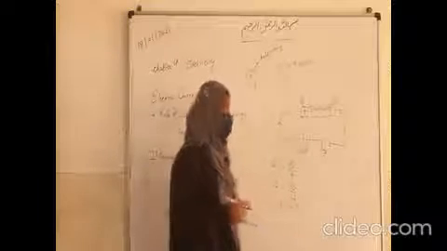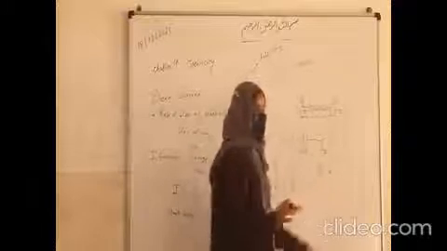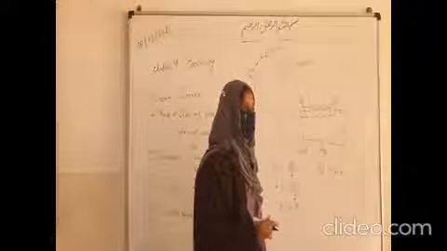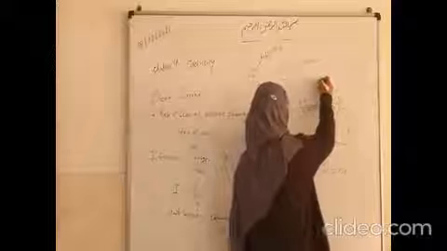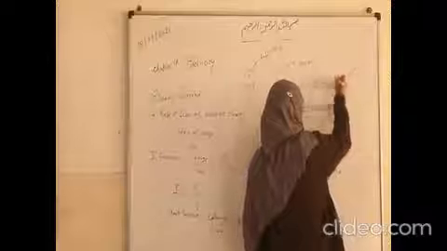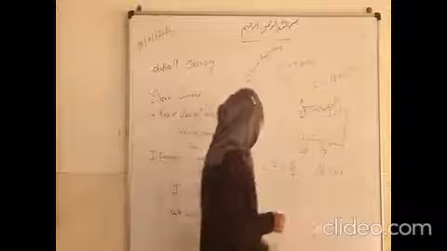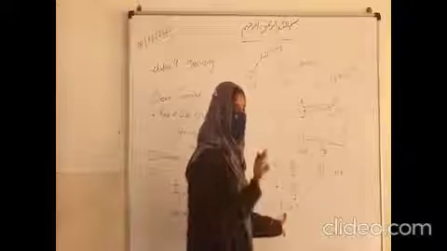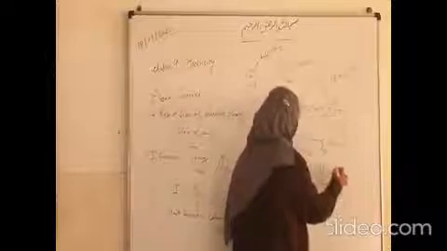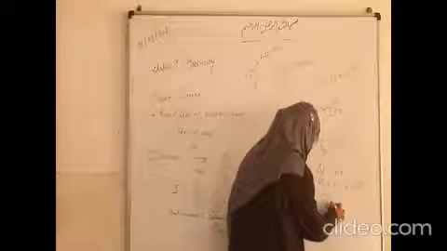So we have another definition of finding out the charge Q, that is Q is equals to Ne. N means number of electrons, and e is the charge of 1 electron, which is 1.6 into 10 raised to power minus 19, if you remember. This is the charge of 1 electron. So Q is equals to Ne. We have Q as 1 coulomb, and we want to know how many electrons there will be in 1 coulomb. So N is 1 upon 1.6 into 10 raised to power minus 19.